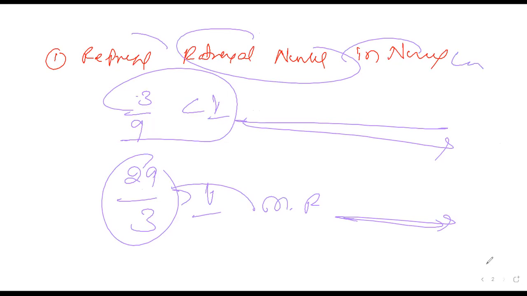Clear. Now let us see what questions will come. I am trying to write one question. I have a rational number, 2 by 3 for example. Or else I'll write 2 by 4. I'll rewrite the question now. I have 2 by 7, then I'll go for 6 by 7. These are two rational numbers. In between, please write 3 rational numbers. They'll ask 2 rational numbers, or 3, 5, or 10 rational numbers.